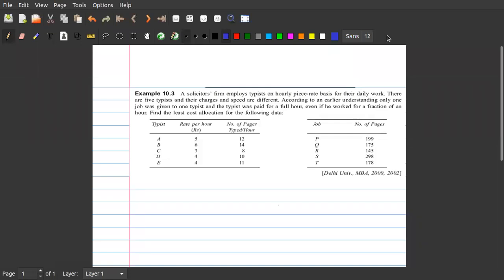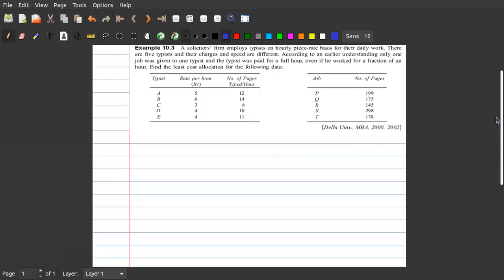Find the least cost allocation for the following data. You can see there are 5 jobs also: jobs P, Q, R, S, and T. This problem was in the Delhi University MBA exam of 2000 and 2002. So what you are studying here, some MBA people will also study. So for the solution,